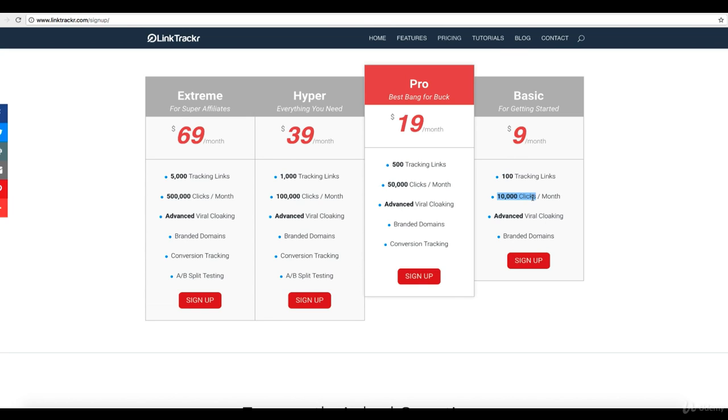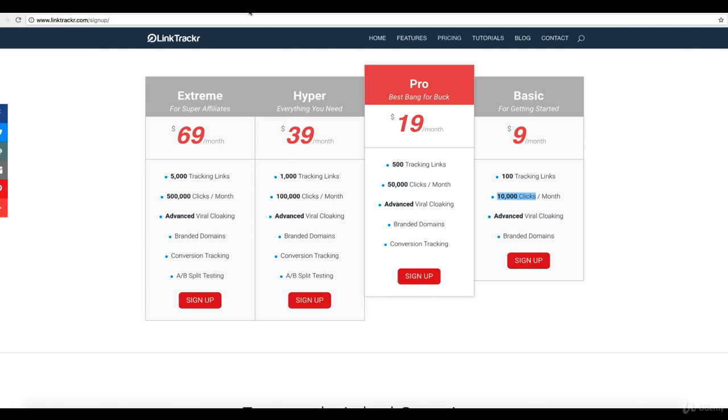See, you are going to be using your affiliate links inside press releases, and press releases get a lot of traffic. So a lot of clicks are going to happen. The moment you hit the 10,000 mark, your links are going to stop working. You would have to upgrade to the next membership level and then your links would go live again. This is something you don't want to do because you don't want dead links inside your press releases. Since this is an autopilot system, you do not want to sit there tracking your links and then upgrade to a new membership plan whenever your links go dead. You would be losing traffic and you would be losing money. So keep this in mind before choosing any membership plan on any of the websites that we are going to be talking about now.